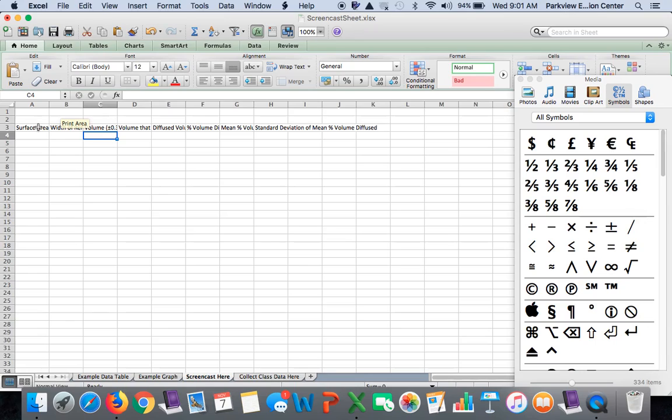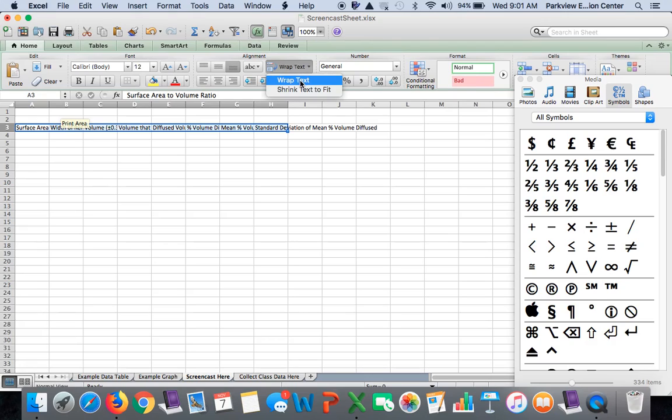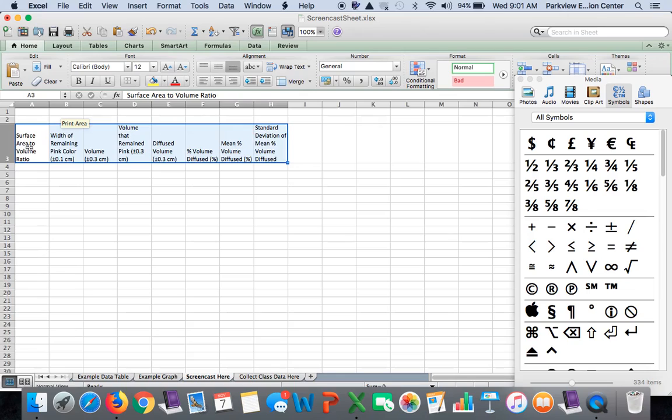Good. Now, the last column that I used was H, column H. So I'm going to click and drag to H, and I'm going to hit this text wrap feature. Text wrap. And so you can see what it did. It increased the height of that row. Now the other thing I'm going to do is hit this button, which is going to center that text